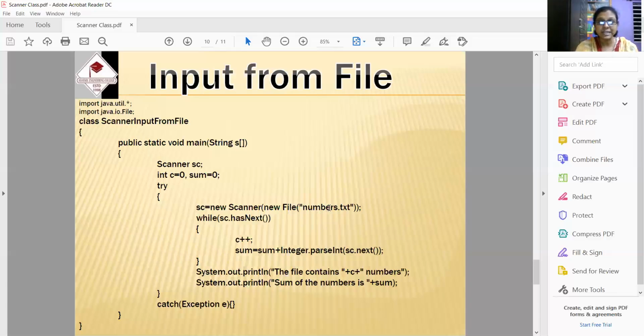So if the numbers.txt file is not present, then file not found exception can be given. As soon as the exception of type file not found is created and thrown, it will be caught by Exception e. Though the file not found exception is not known to me, I have used Exception. If it is not caught by file not found, then obviously by the superclass. Exception is the superclass of all.